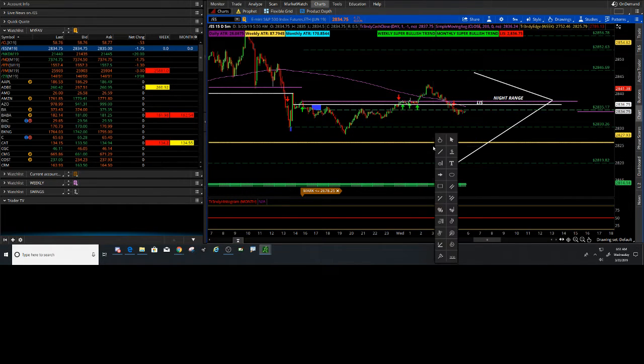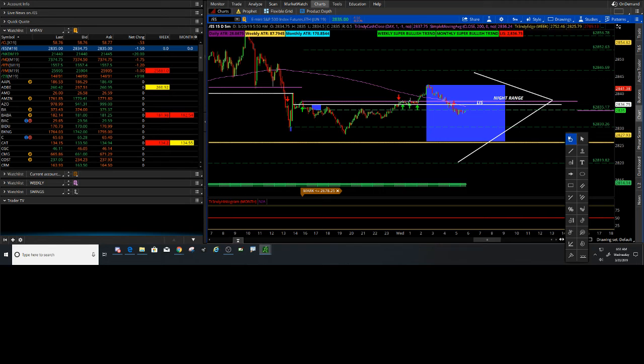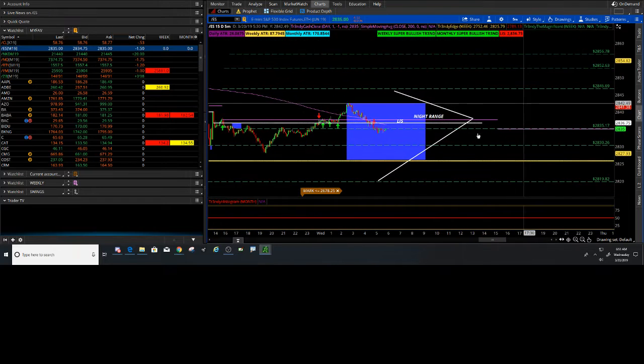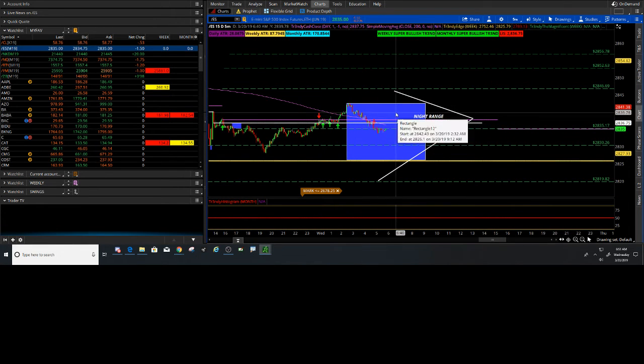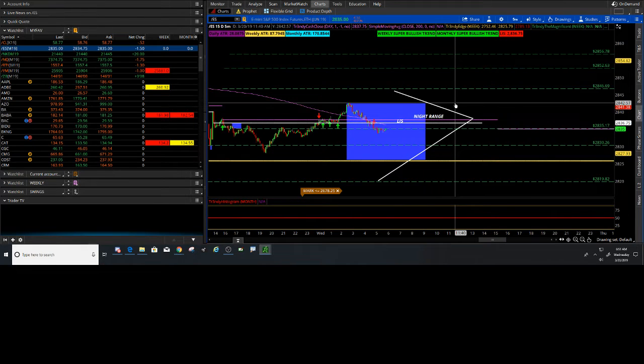Okay, so in saying that, this box that we create, especially during FOMC, I call it the ice cube. All right, and basically what that means is price is frozen. Price is frozen in here. So we are frozen in here. I don't want to make a move, don't want to make a trade unless we can break out or break down from these levels. Depending on the volatility,